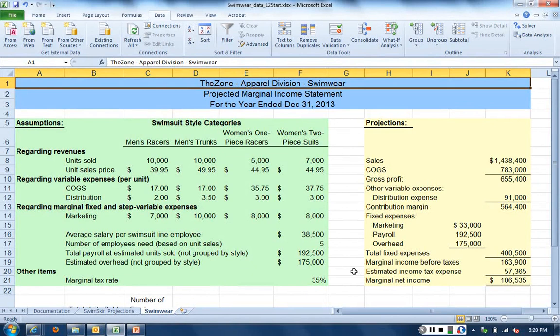The main difference between our last example and this example is here we've got 4 different categories of swimsuits. We have men's racers, men's trunks, women's one-piece racers, and then women's 2-piece suits. And we have all of these assumptions in terms of units sold, sales price, etc. for each of these categories. And basically all of these assumptions are flowing into summary projections over on the right that include all 4 categories